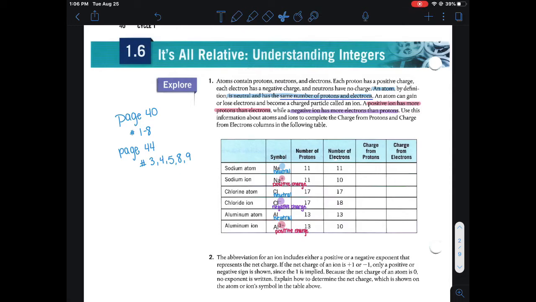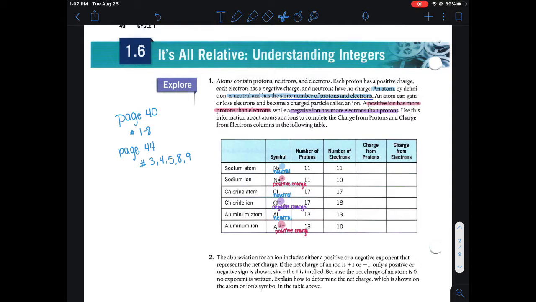All right, understanding integers is our next section here. And if you're like, but Miss Sanchez, I don't even know what an integer is. An integer is just a whole number, a number that is not a fraction. Okay, so we're just dealing with whole numbers, understanding them. They can be positive, they can be negative, or they can be zero, but just a whole number, no decimals,